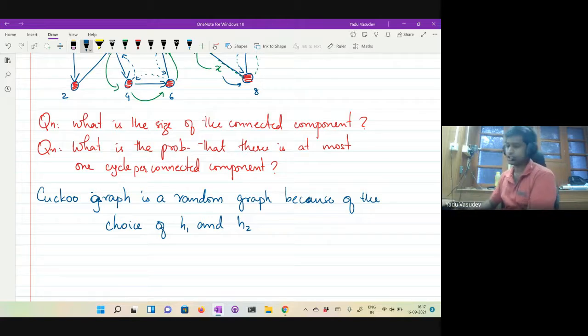I want to generate a random graph on n vertices with m edges that is going to capture the hash table that was created using H1 and H2. So how do I model that? How do you select the graph? Is my question clear?